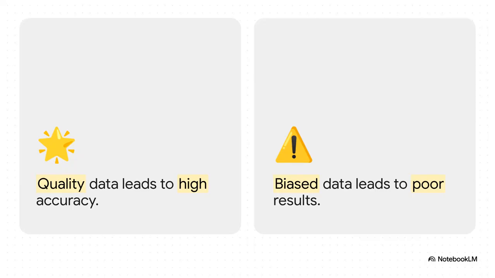And that leads us to the golden rule of computer science. Garbage in, garbage out. An AI is quite literally only as good as its human teacher. If you feed the system good, comprehensive data, you get high accuracy and really reliable predictions. But if the training data is incorrect or biased in some way, the AI is going to produce poor, unfair